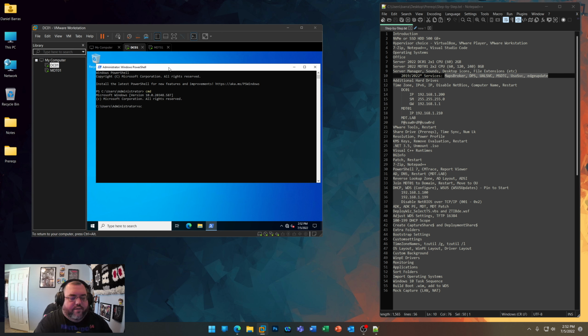MSDTC start equals auto, and the edge update start equals demand. Okay, I can type exit twice and get out of that, and I'll do the same thing over here. So I'm in the CMSC config MapsBroker start equals demand, config DPS start equals auto, config UALSVC start equals auto,